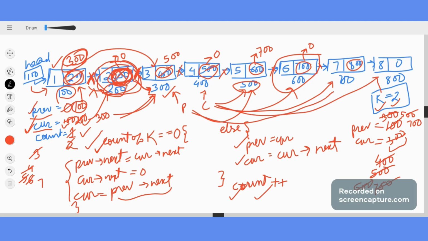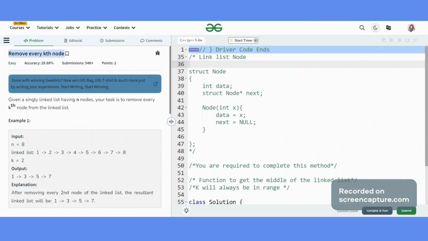My prev points to 700. So cur becomes 800. And increment this count. It becomes 8. So is 8 divisible by k? Yes, it is divisible by k. So what next? Update my prev next to cur next. What is cur next? It is 0. Cur next is already 0. And my cur to prev next. So my cur becomes null. And my counter is incremented to 9 now. Fine. Since my cur is now pointing to null, our traversal will end here. So let's see how we can code this particular problem.